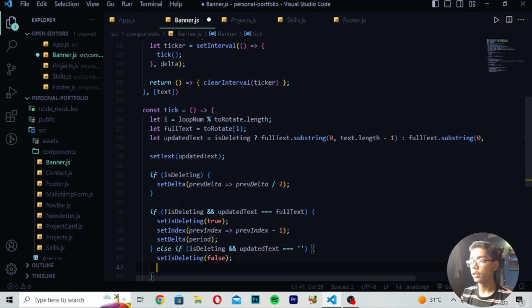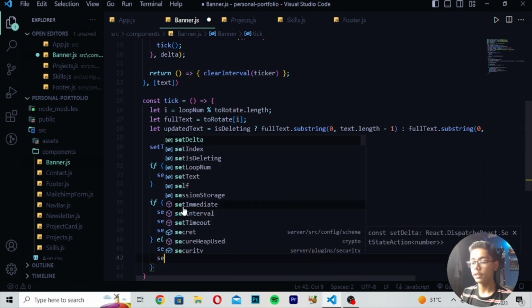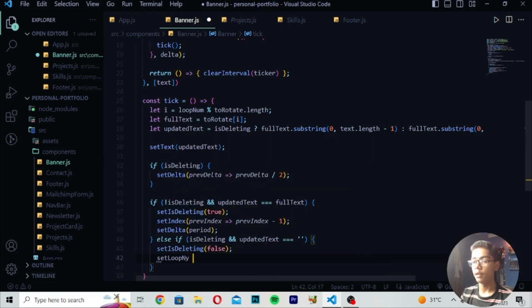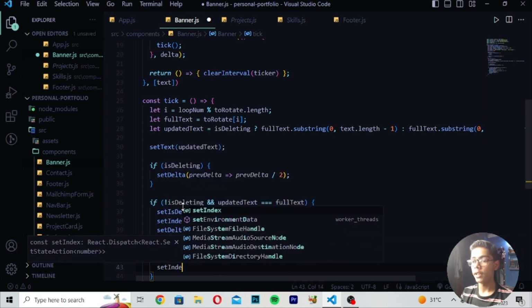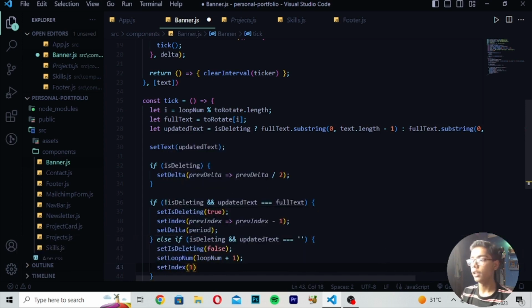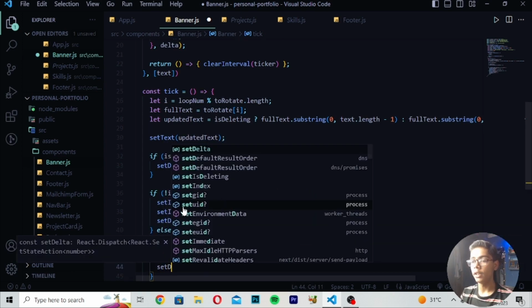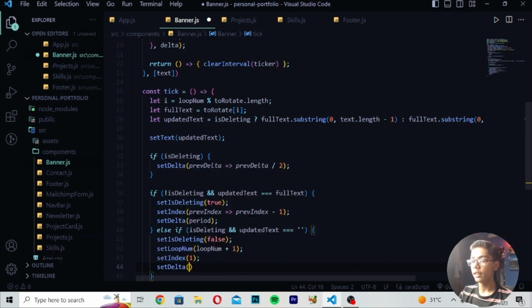Then you have to close this, and then you have to write setLoopNum, means num, which is short form of number here. Then I will be writing loopNum here like this, and in loopNum I will be writing +1 value. Then you have to close this tag here, move down, right here setIndex, and you have to write 1 value. Then you have to close this, right here setDelta, and in setDelta I will be writing 500, close this value,